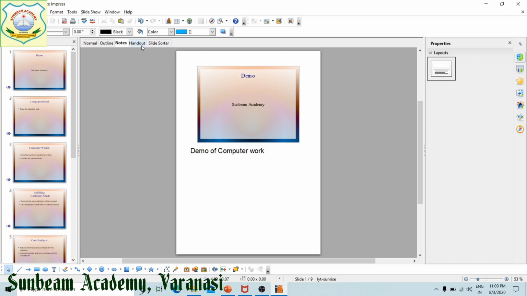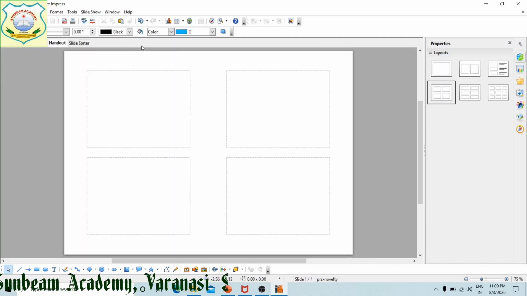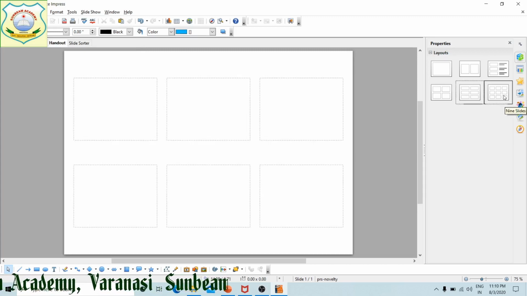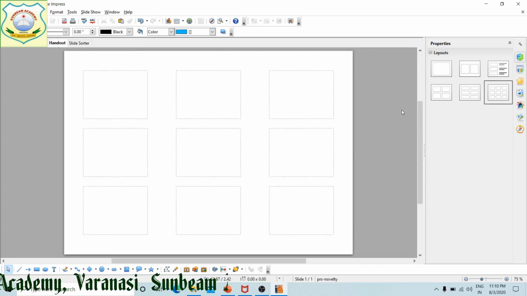Next is your handout view. Handout means whatever slides you are having on a page, you can have 4, you can take 6, you can take 9. It's a small miniature form of each and every slide.